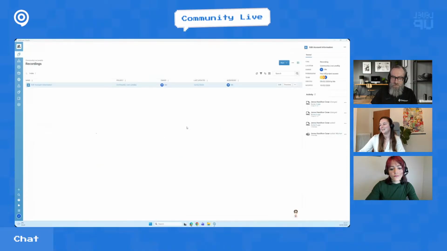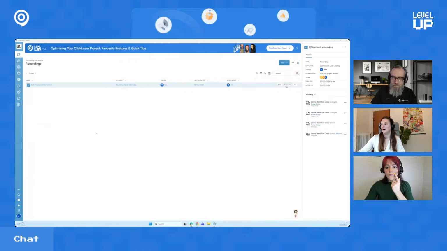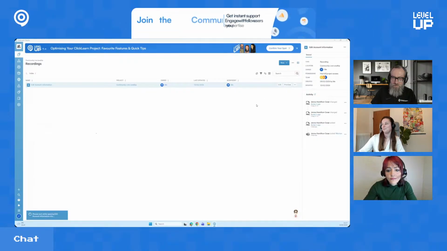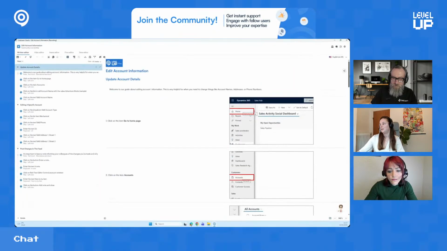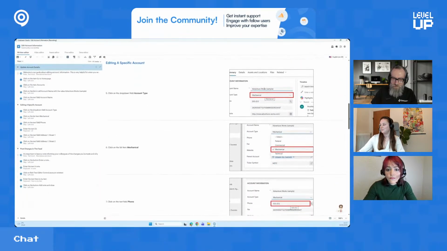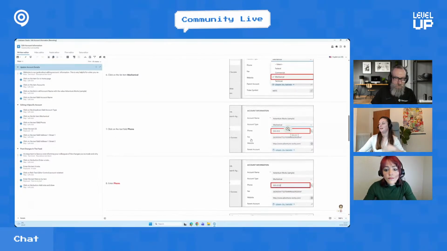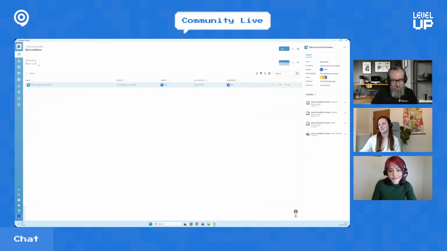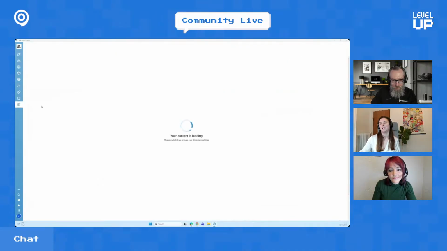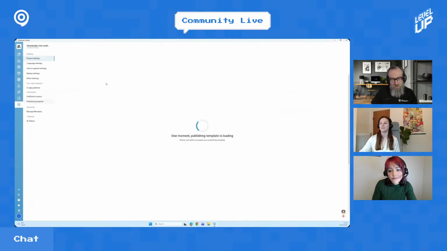And basically what this will do is it's going to automatically group some steps for you. So if I open up this recording without that function on, we can see that when I click into a field such as phone number here, it's recording a step for clicking into that text entry or number entry field, and then a separate step for when I actually do the keyboard strokes of typing in a number. So with this setting in place, going back to my settings area here, my publishing template,